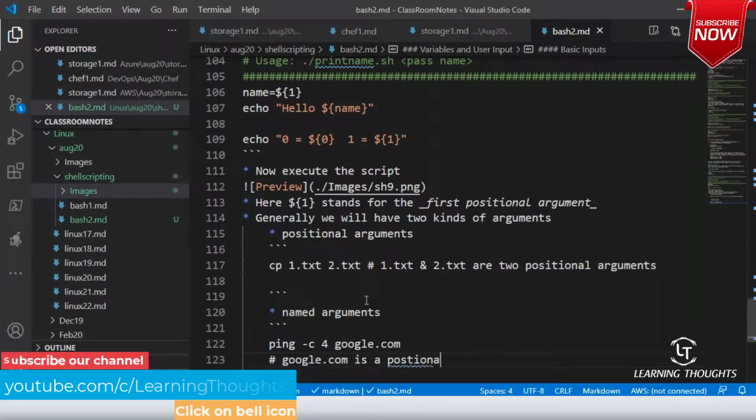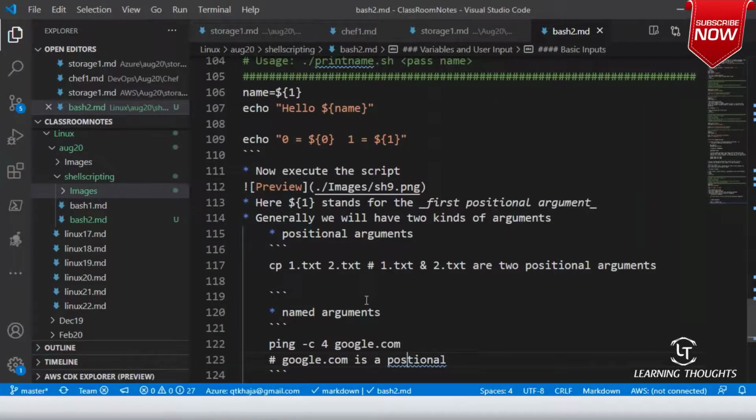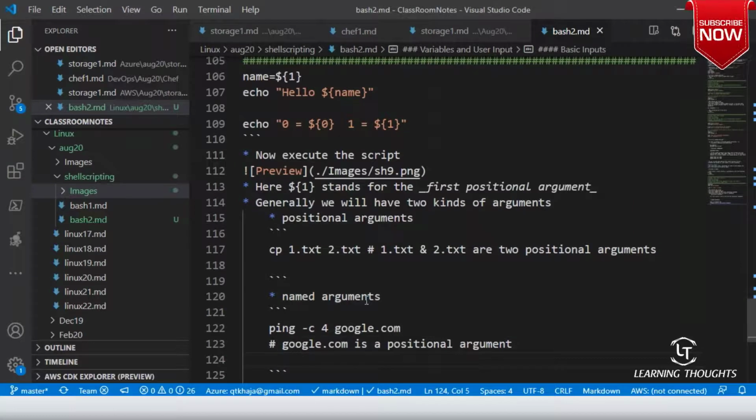It is a positional argument, whereas the value 4 has something called c, or let me write it as hyphen count.